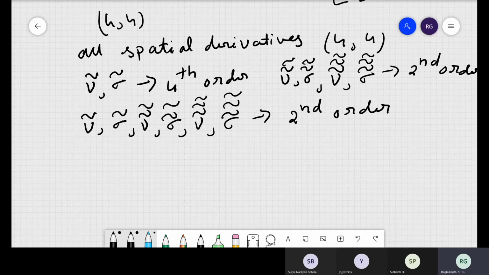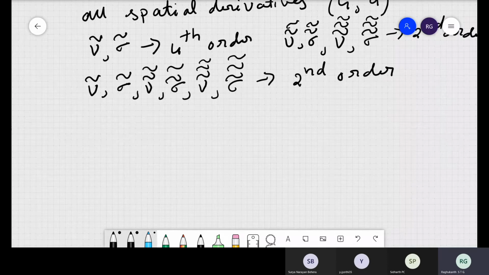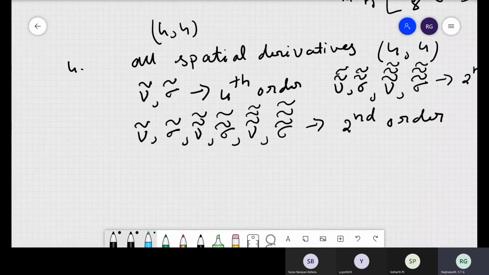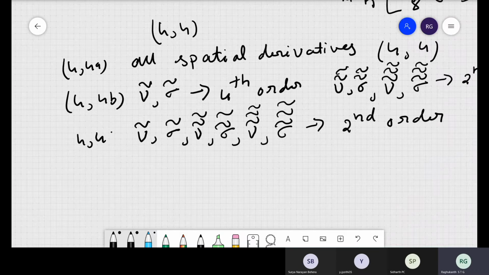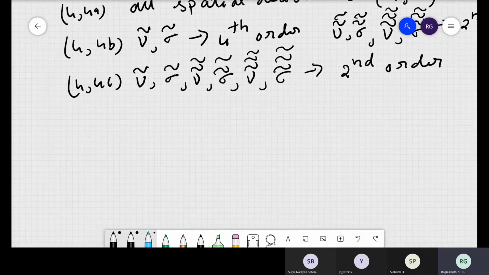If you see that textbook, he calls this scheme 4.4a. Then this he calls the 4.4b scheme, then the 4.4c scheme, like that. He has given detailed expressions to calculate these auxiliary variables itself. So this way, you can increase the order of these variables also. Of course, you can go for higher orders, and you follow it, right? Whatever, increasing the accuracy itself.